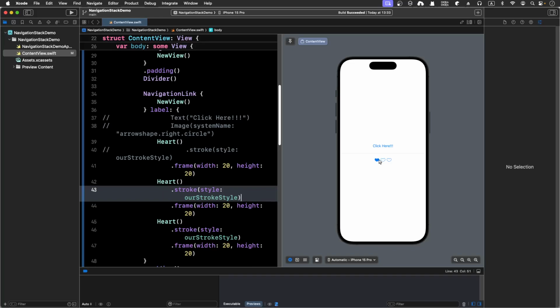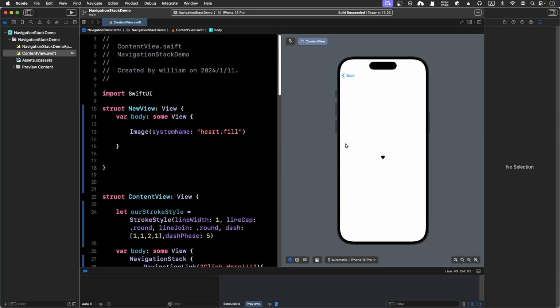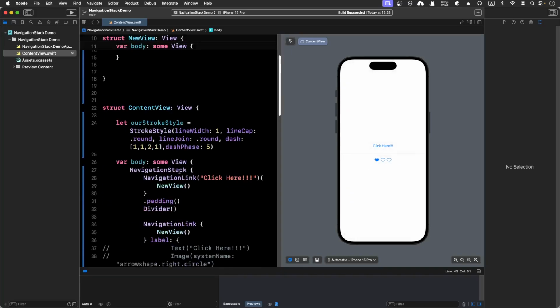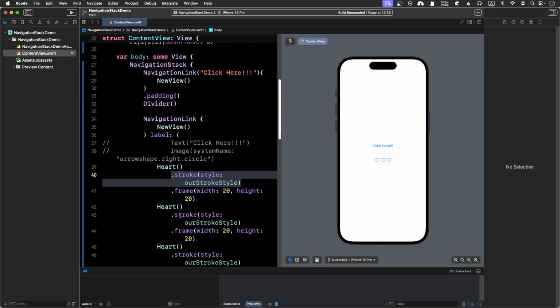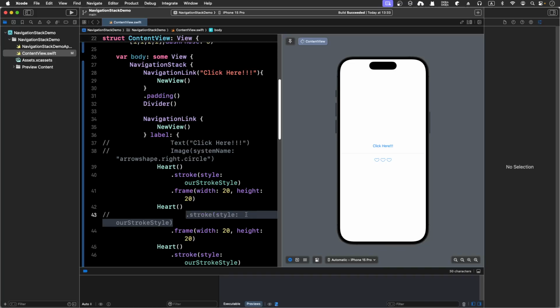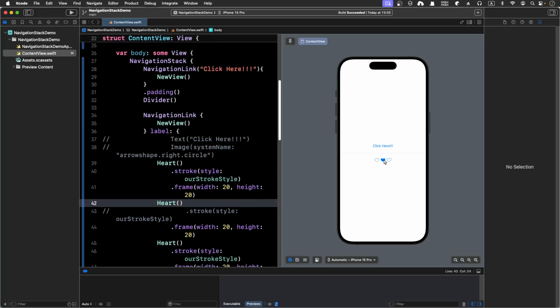You can do whatever you want with all this label. Okay, and it actually worked. So if you click it, it will just jump and navigate to a new view, which will be another heart, and of course you can go back. So that's how powerful the navigation link is. Okay, I can already think of thousands of ways at least to deal with this and make it really interesting. Okay, so I can even click it, go back, and I can even change the shape,